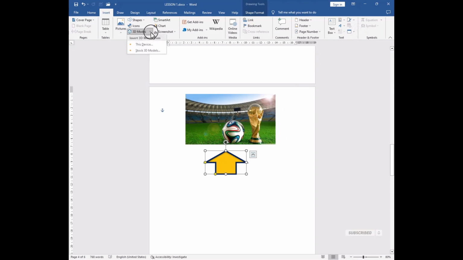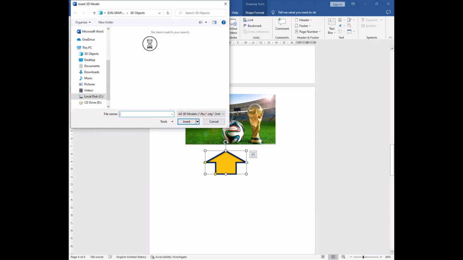Let's click on the small arrow. For 3D models, we have stock models that you can insert, and we also have models on your device that you can insert. So let's click on this device and see if we have models. I currently don't have any 3D models here, but